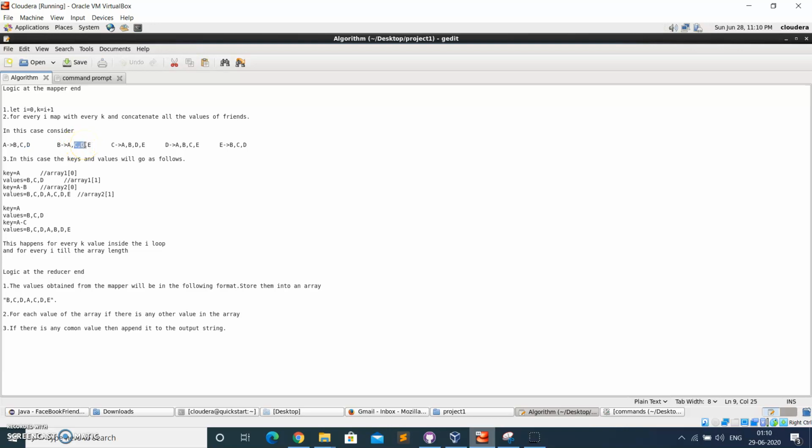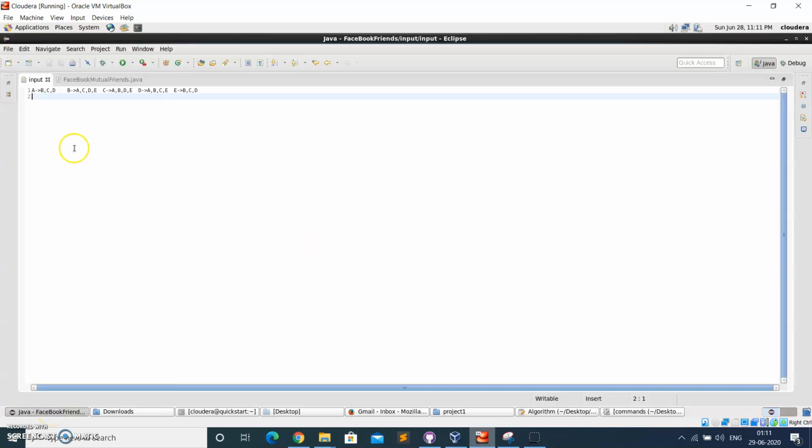So the output should look like A hyphen B, and C comma D, where these two will be separated by a space. A and B are the grouping that we are doing, and C and D are their mutual friends, that is mutual friends of A and B. So now let's come into the code.